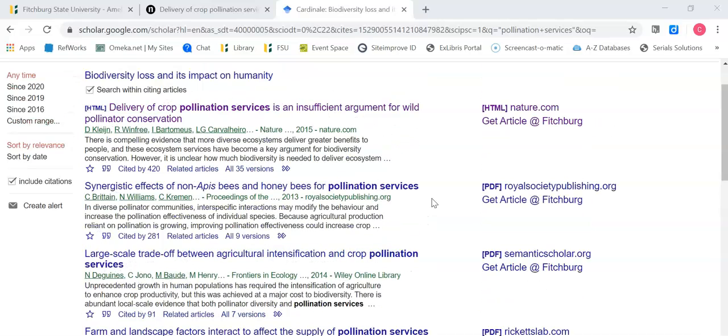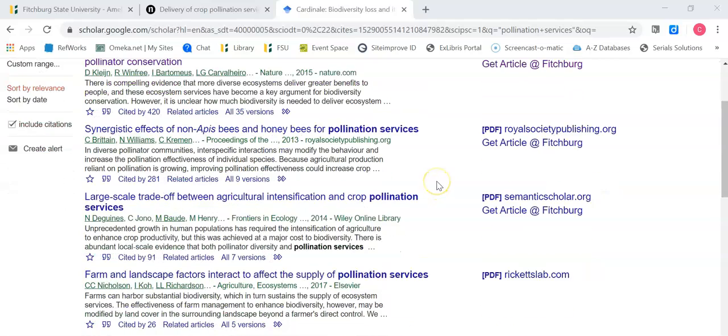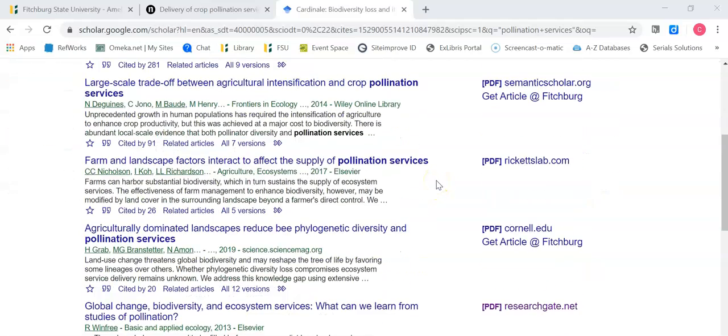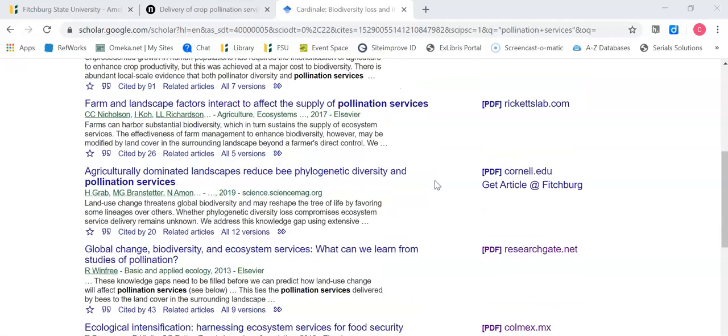If you are off campus and click on a publisher's link like nature.com or royalsocietypublishing.org, you may hit a paywall where the publisher asks you to pay a fee to access the article. So in general, your best bet is to click on Get Article at Fitchburg to get to the full text